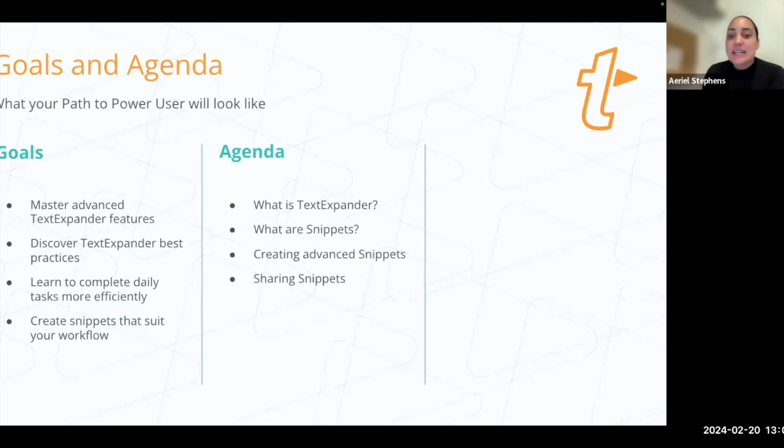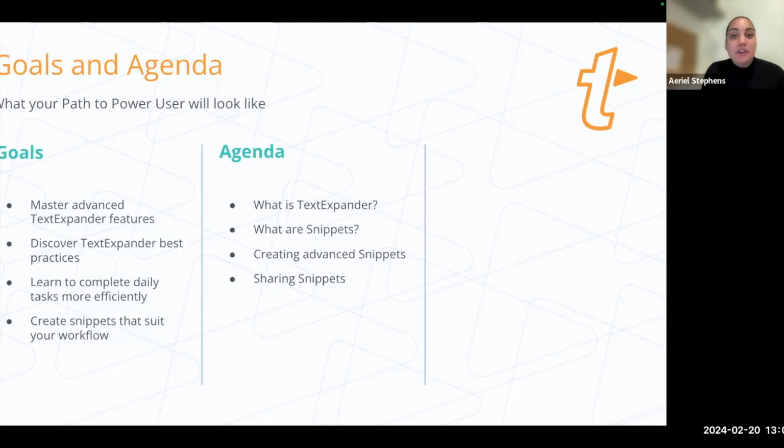Mainly today, we're going to create some advanced snippets that are specific to healthcare-related topics or examples. The use cases and examples that I give likely will not reflect exactly what you do in your daily workflow. As much as I'd love to do that, it would be really hard for me to replicate those things exactly. So what I'm trying to do is inspire you to get really creative with snippets of your own once you understand the feature functionality and feel confident building things and navigating the app. You can go from there and create things based on your own workflow.